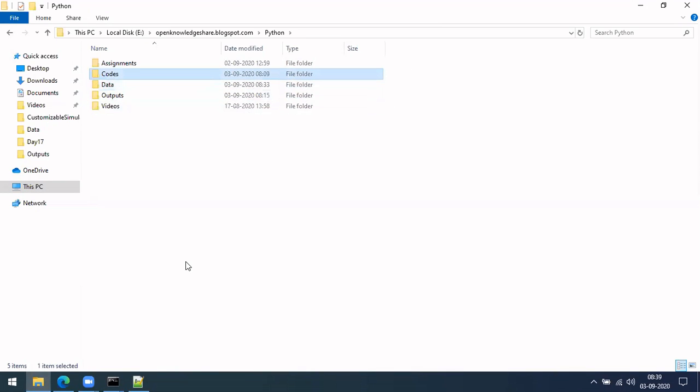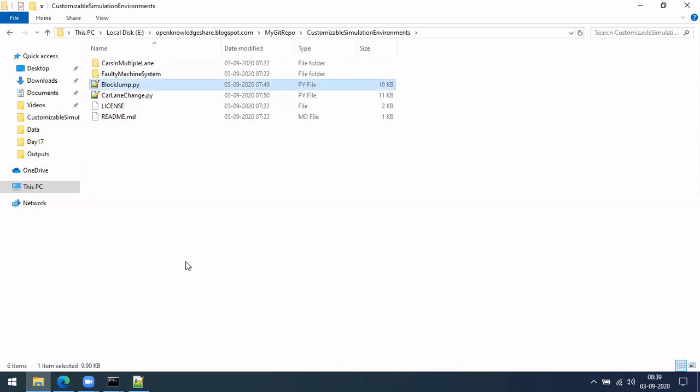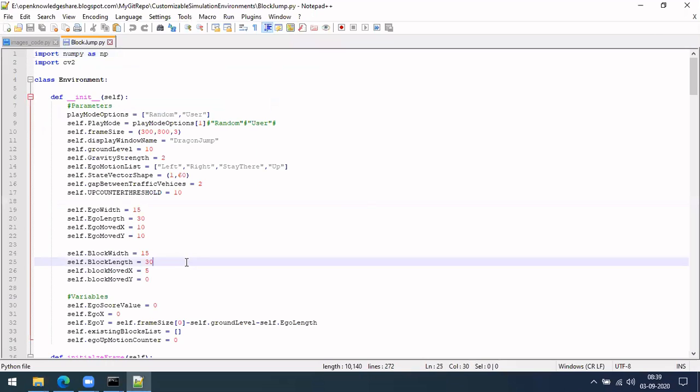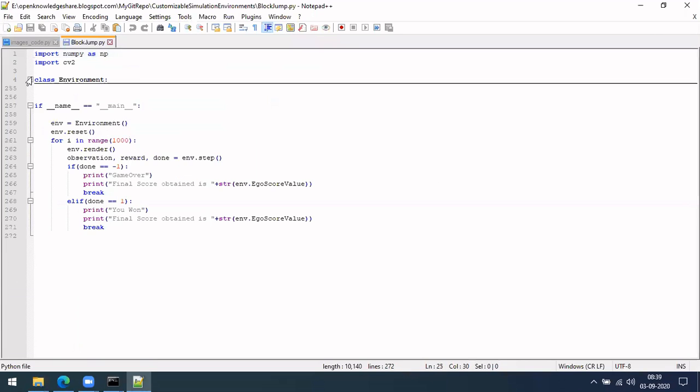So let me go into that code and show you what I have done. This is the code here. I have implemented it using a class, and I have called a few functions here.